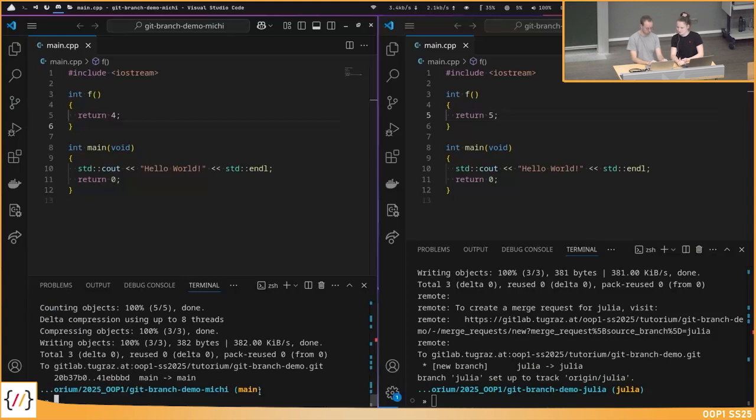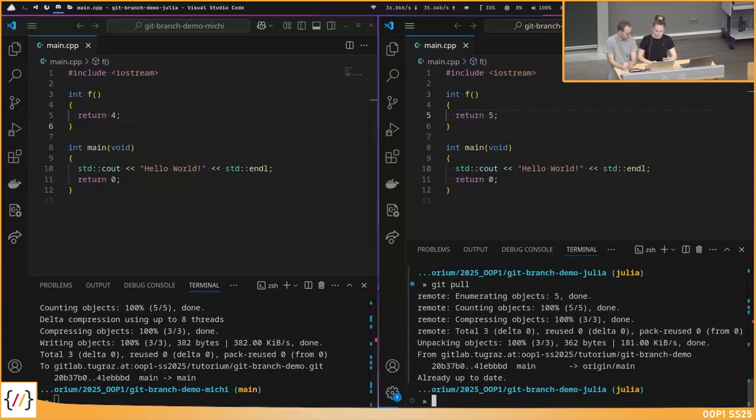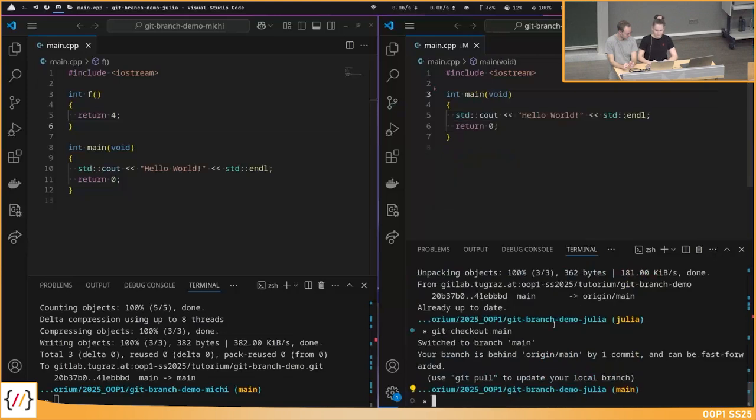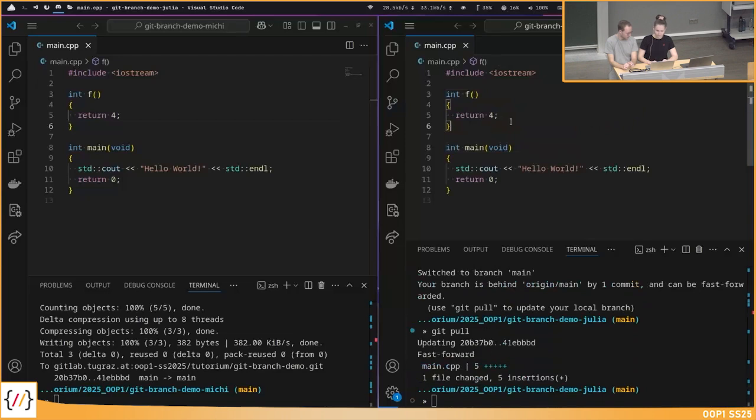Should I pull now? Yeah, you can pull. I'm still in my branch here. If I try to pull, nothing happens in here, but we can see something happened in main. So I can check out the main branch and I need to pull again. It also states it here. And we can see, f returns 4 now.